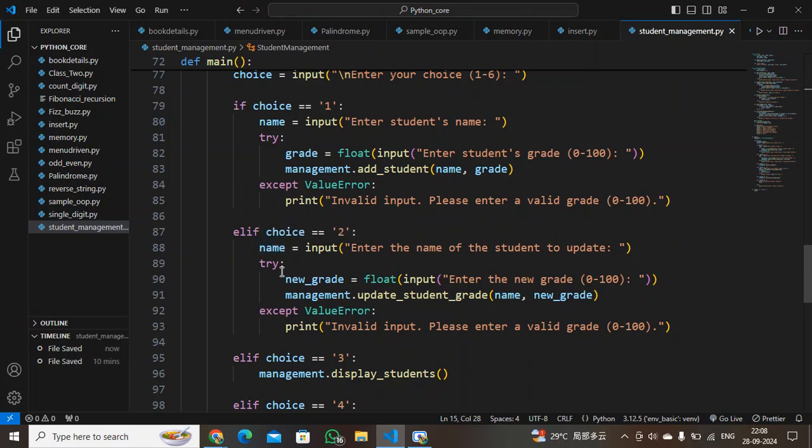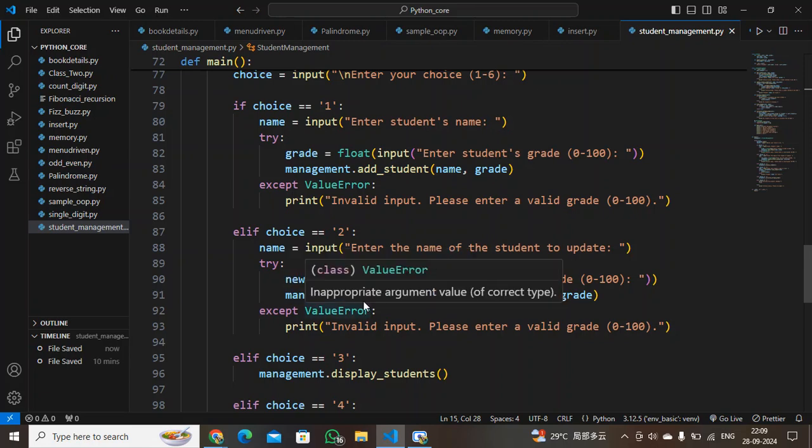And inside it, we are using a try except. We are entering the new grade, which is between 0 and 100 and of float data type, and we are assigning it to a new variable.